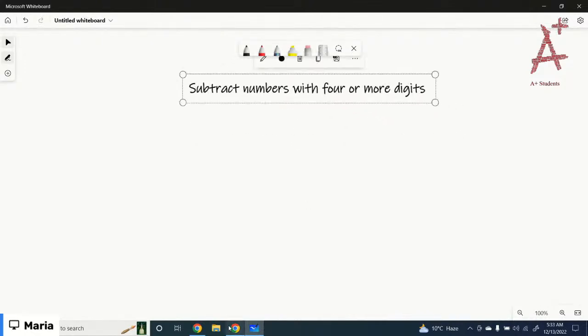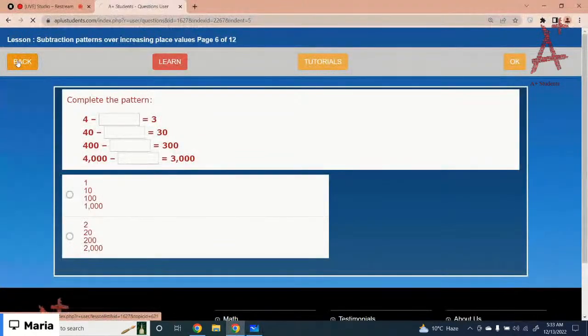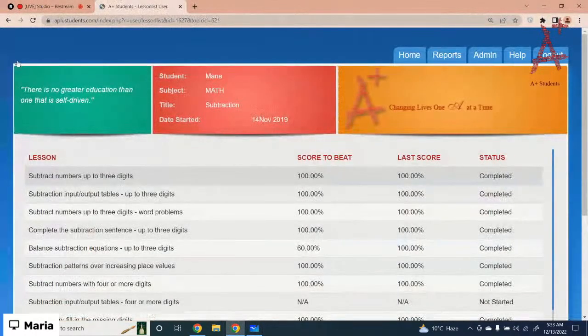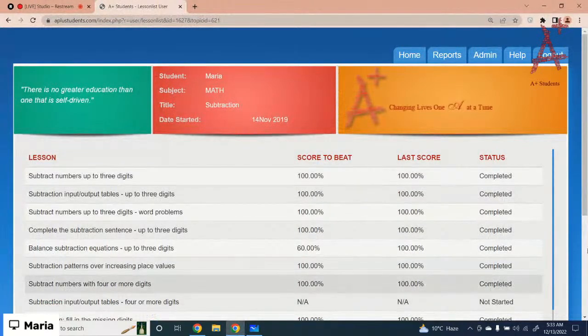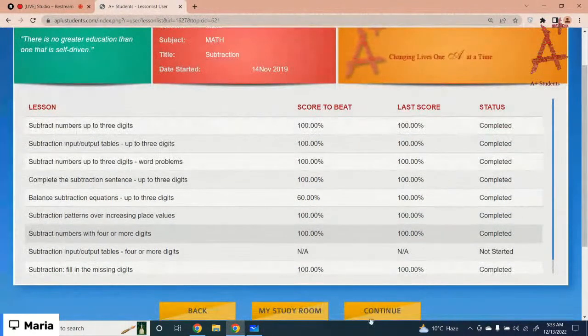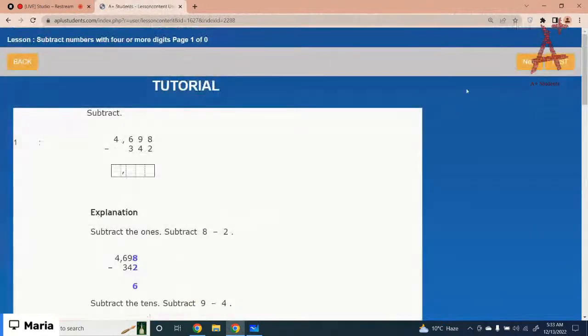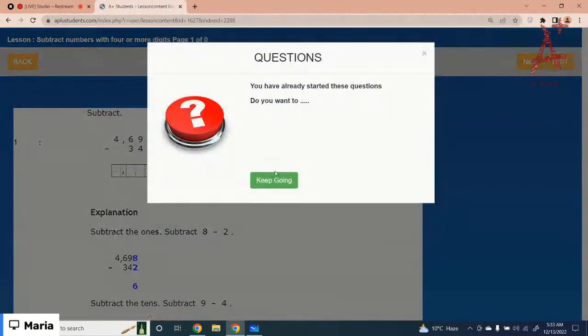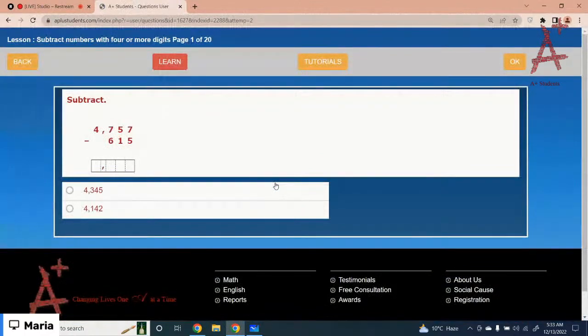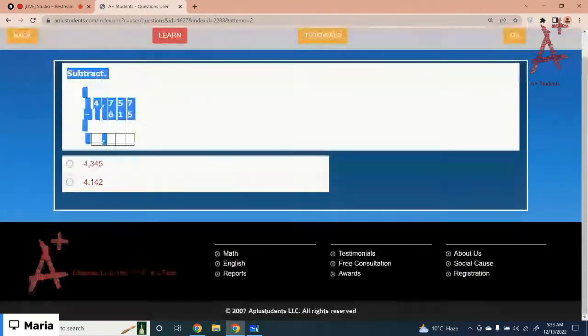So let's just start with a new lesson, subtract numbers with 4 or more digits. Okay, let's just start with the test. 4757 subtract